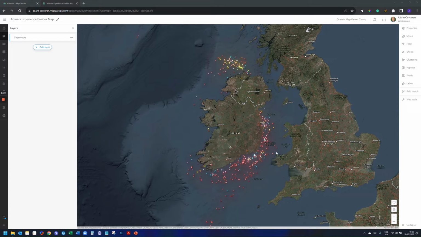Now the first starting off point for anything that we build web application wise in ArcGIS Online is always going to be our web map. Okay, so you can see here I have my web map open. I have it symbolized, which we covered before, and if I click on any one of these points,